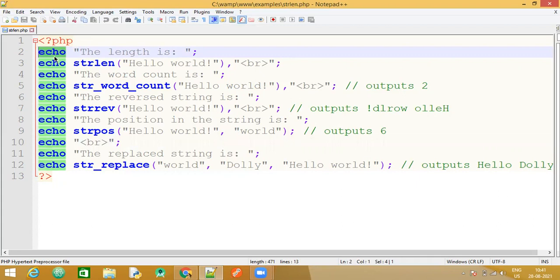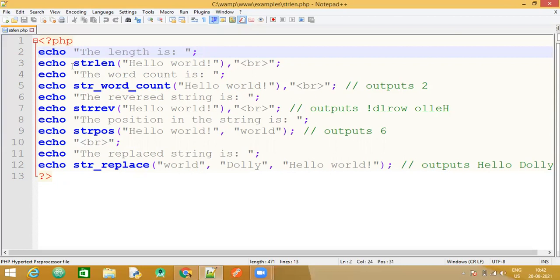Whenever you want to display certain text or any output, we can make use of the echo statement. First, I am just displaying a simple text, that is, the length is. Remember that in PHP we have to end the statements with a semicolon.